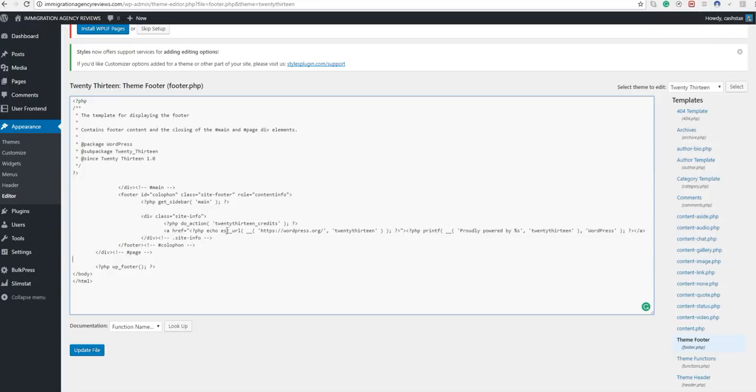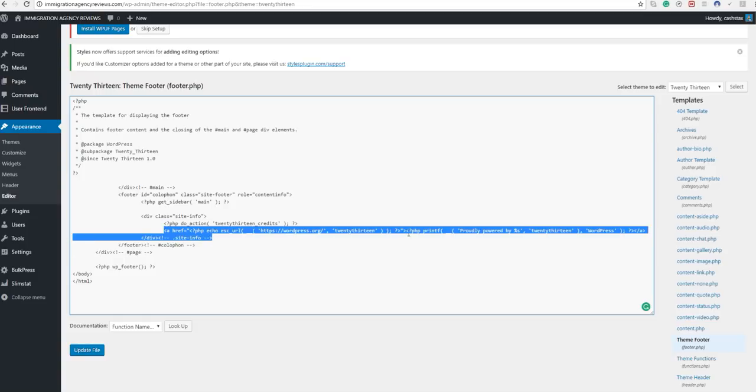But in this case, with this theme, start right here. You see the little left arrow and the A with the href. Basically what I do is select this, go all the way down to where this specific line of code closes out. See, it starts, then you have the forward slash, and it closes out. All I do is highlight that